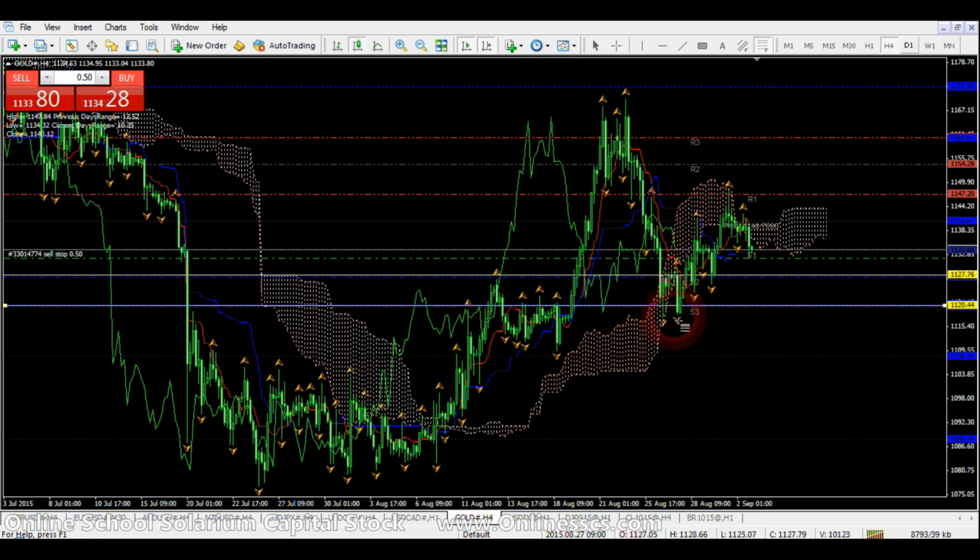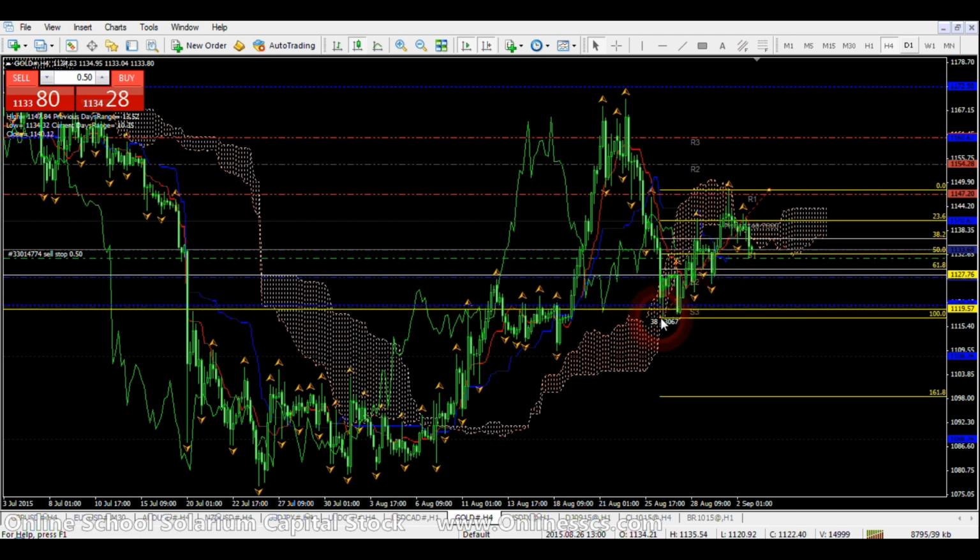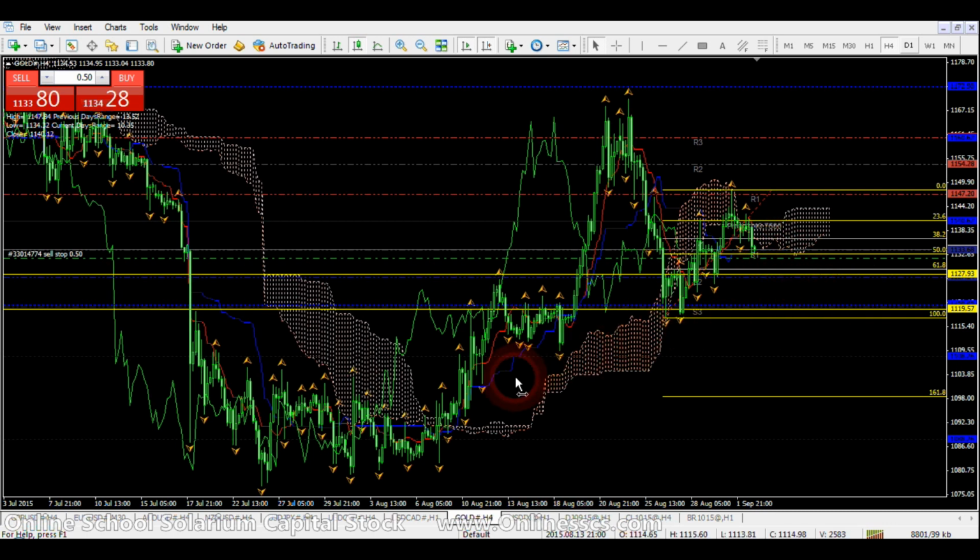And then according to Fibonacci, if I draw it from the floor high to the cap high, the price has broken 50, and it wants to go for 61. Yeah, there's a pivot here. It wants to go for 61, and there will be a comeback to the wall of the cloud, and then it drops again,